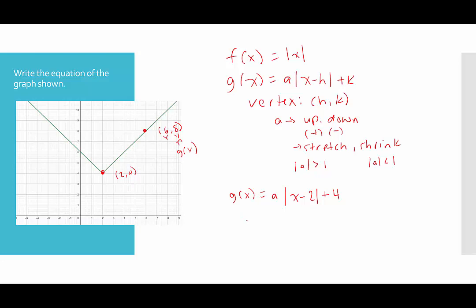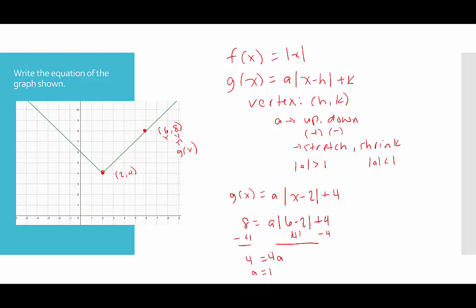Okay, so we're going to say 8 equals a times the absolute value of 6 minus 2, plus 4. I want to get a by itself. There's a few things I need to do. One thing I can do is take away 4 from both sides. And the other thing I can do is work within the absolute value and say, okay, 6 minus 2 is 4, and then the absolute value of 4 is 4. So I can say 4 equals 4a, divide both sides by 4, we end up with a equals 1